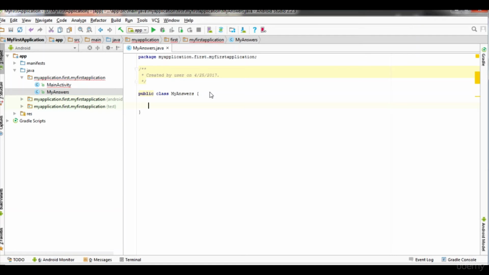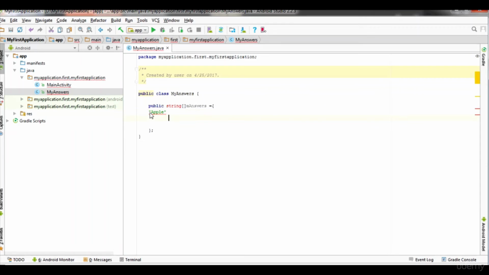Let's begin. Here I'll start writing code: public String, I'll define it as an array, and here one variable, maybe myAnswers, is equal to, and here I'll add all my answer values. Whatever values you want to populate, maybe apple.